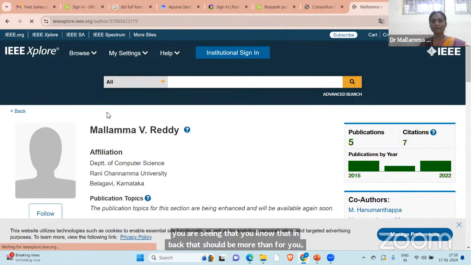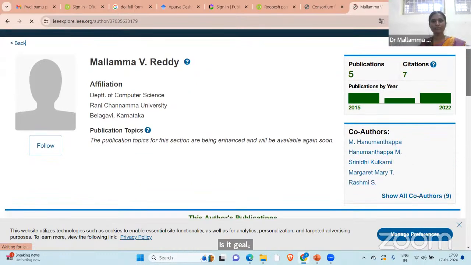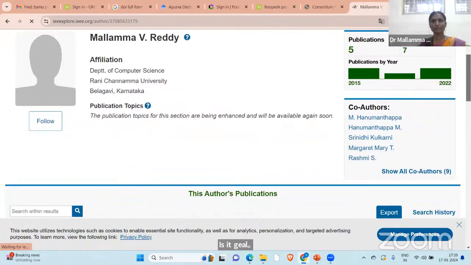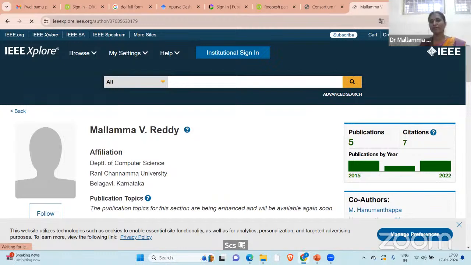Is it clear? Have I conveyed it to you, ma'am? Yes, ma'am, now it's clear. Check the impact factor. Check whether it is present in the group 1 or group 2 list. Check whether it has a Digital Object Identifier. Check that they are going to publish it online with a proper ISSN number.